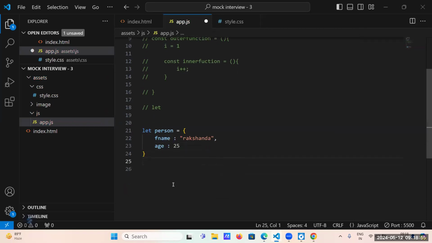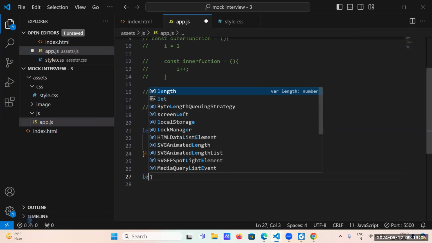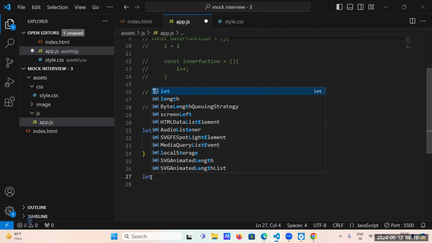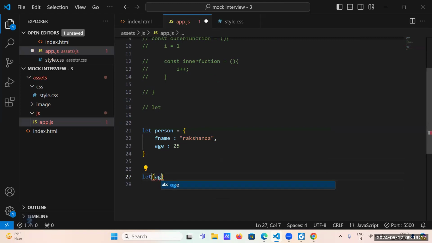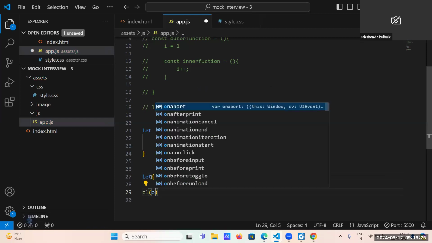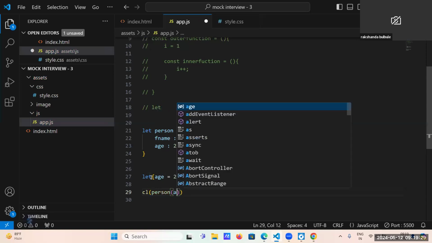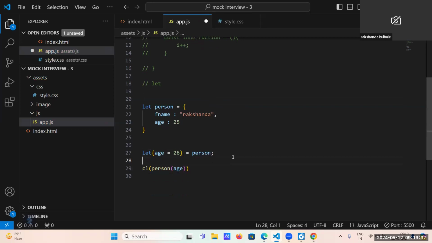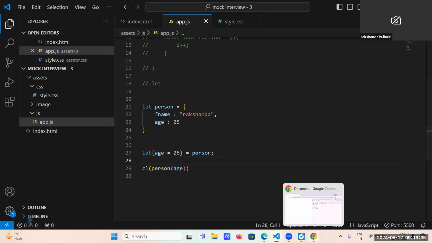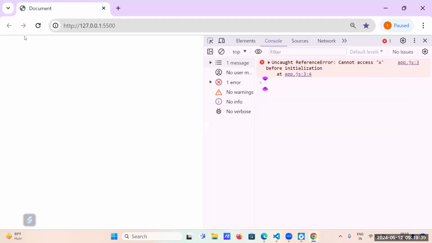Now, I want to change the age of this person. How do we achieve this?